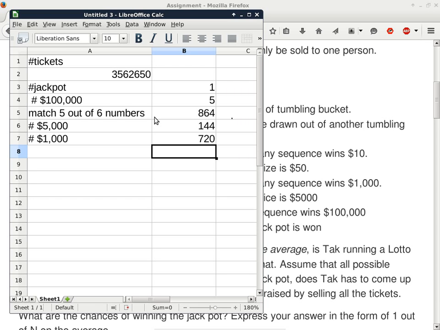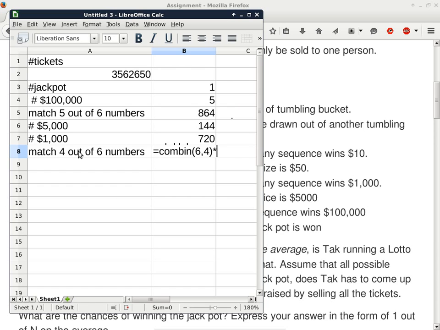All right, so with this out of the way, the other one is actually about the same. If you think about the number of people who will be matching exactly 4 out of 6 numbers, the total number of tickets matching 4 out of 6 numbers is going to be the number of combinations of choosing 4 out of the 6 lucky numbers.